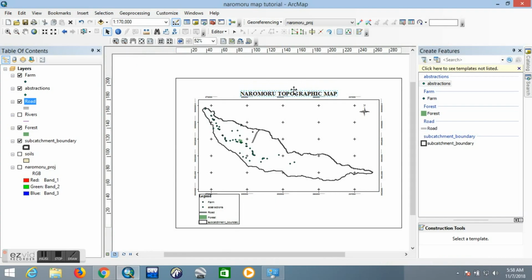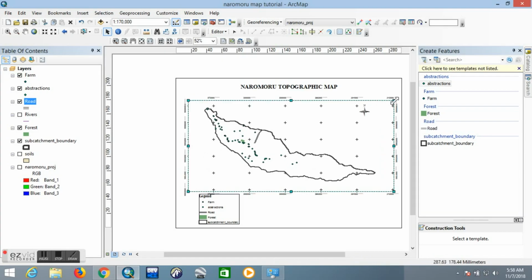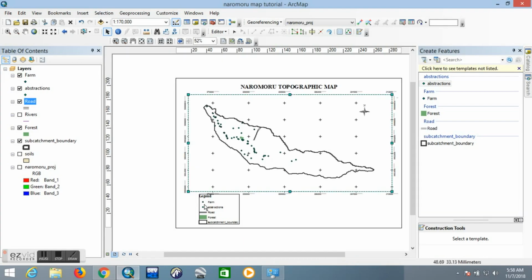We'll just raise our title a little bit higher. Then we'll expand our map a little bit. Just want it to appear a little bit better. Expand it. Then we'll just move our legend like that. Can move it down a little bit. Okay, now that you're done with the grid,